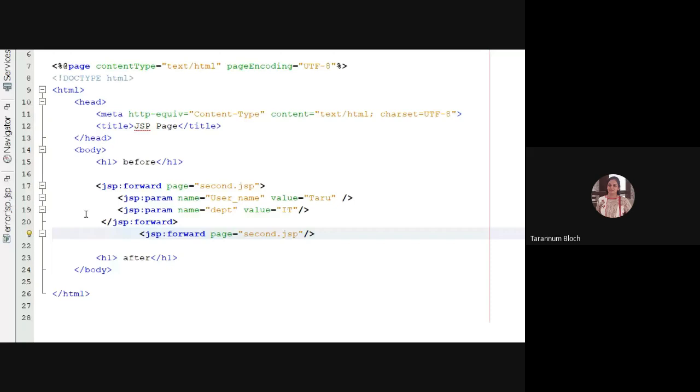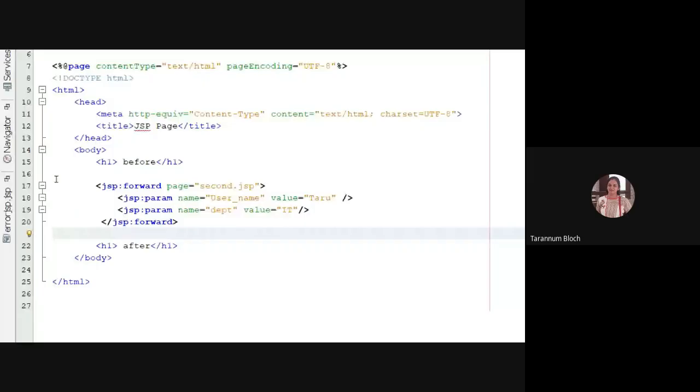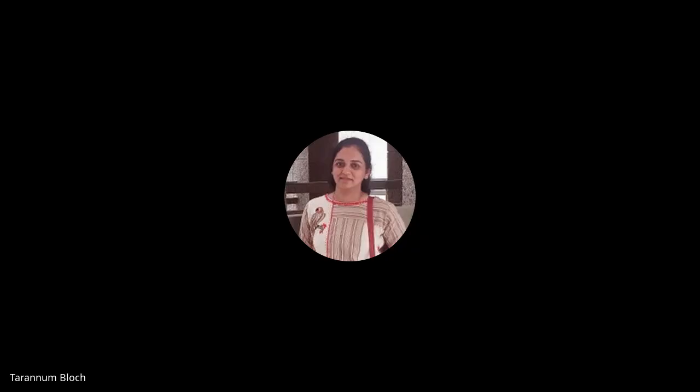So we have the h1 tag, which says before. Then we wrote jsp:forward, which is taking us to second.jsp along with two variables, username and department, having the values Taru and IT. And then again we have the h1 tag of HTML, having the text, the message.